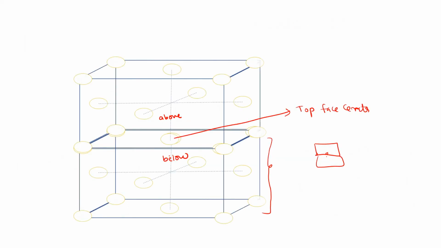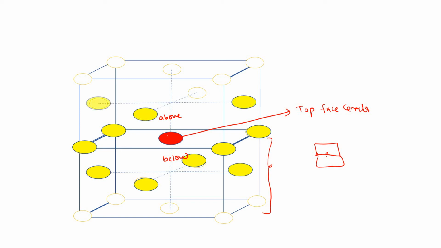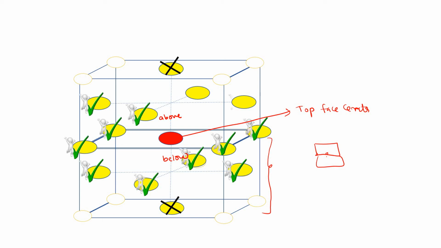Now let me take the same thing we just discussed here. If you observe this atom, the top face atom, it is surrounded by how many atoms? This face center, the top face center, surrounded by how many do you see? Surrounding atoms: 1, 2, 3, 4, 5, 6, 7, 8, 9, 10, 11, 12. In total you are going to get 12 as the coordination number here.